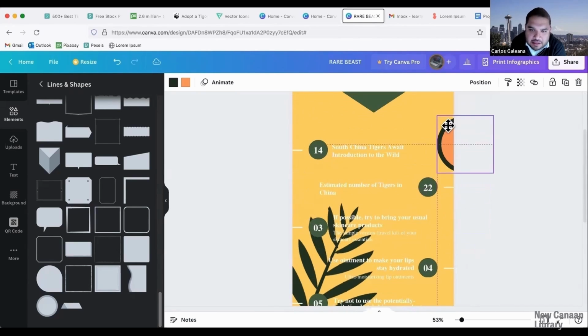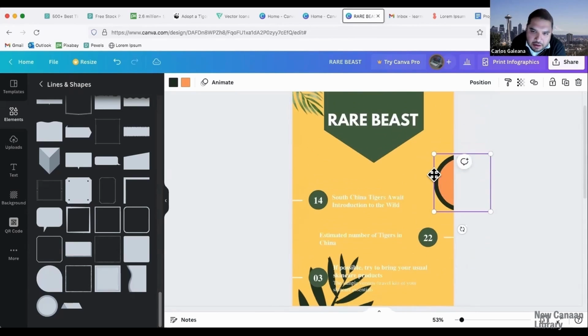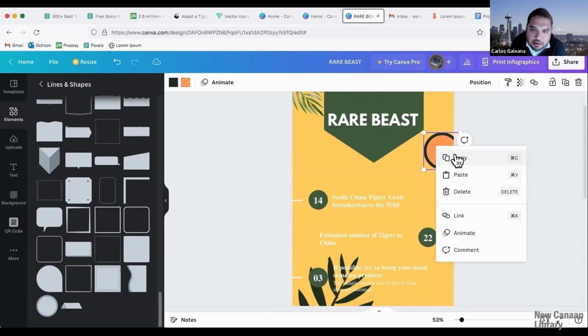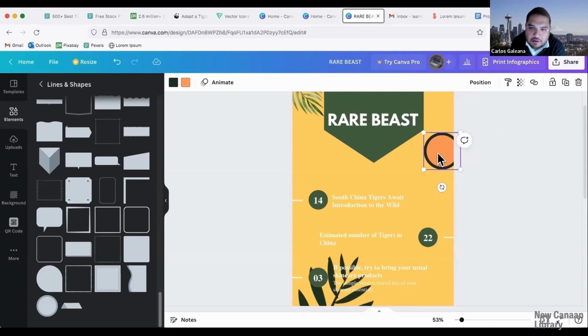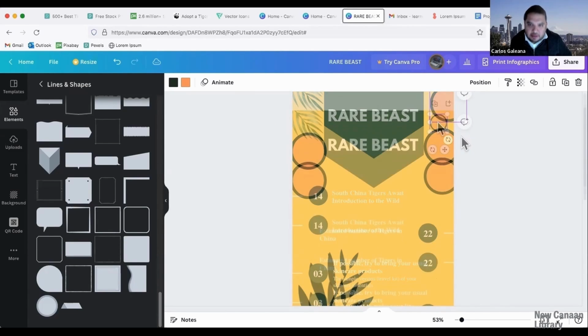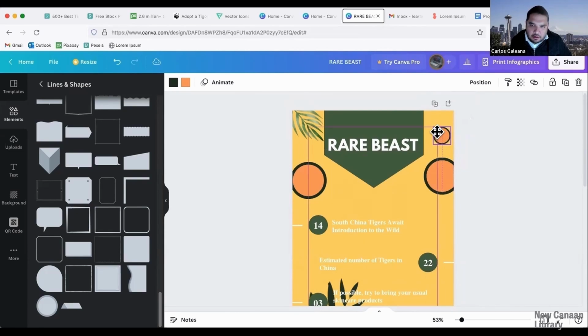If you did like this little circle thing that I have going on, like these little rings, you can make duplicates as well. And you could just do that by copying and pasting. You could just do a right click, copy and paste, or you could just do Control C or Command C. And here's another one. I'm making just duplicates now. And this is how you can make like little patterns.